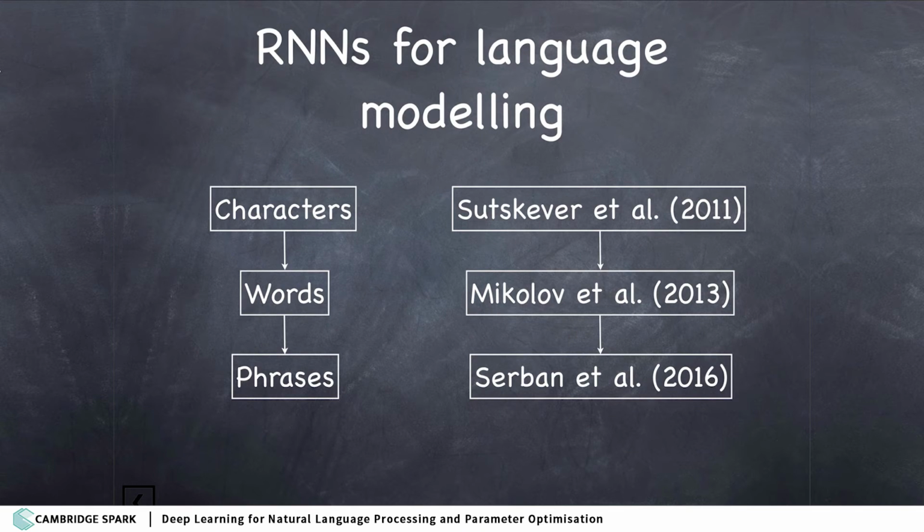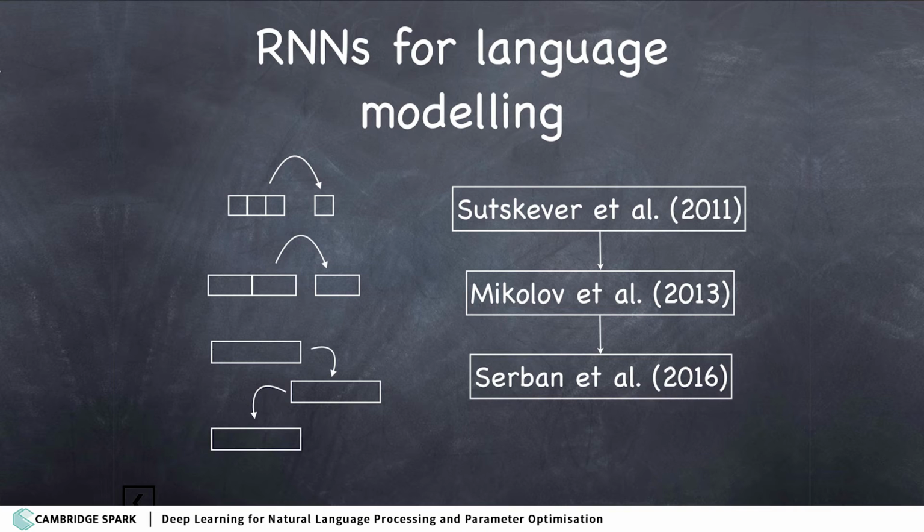We're going to see that in recent years, people showed how to predict and how to generate text at all the different levels of language granularity, starting from characters, proceeding with words, and even at the level of phrases. I'm going to talk about these three works, but there are many more. If you try to visualize it, we go from a very fine-grained level of characters, predicting the next character on the basis of the previous ones, proceeding with prediction of words on the basis of previous words, and ending up with whole phrases and whole communication acts using the previous communication in this sequence.